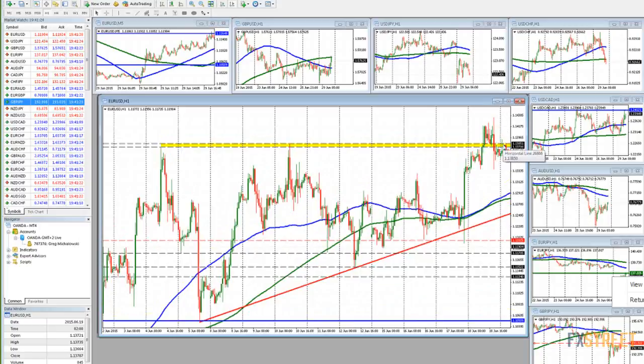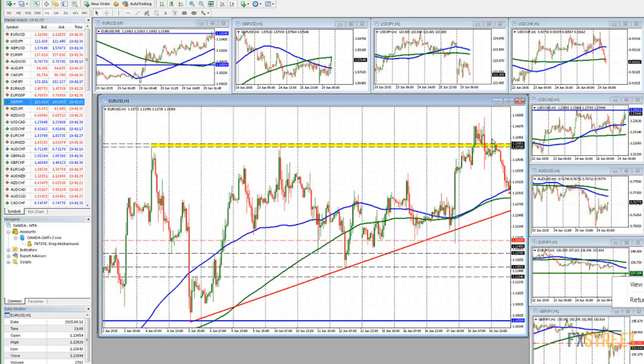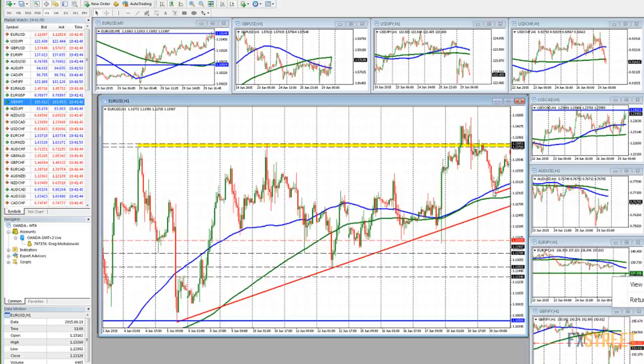This was a Greek headline that came out. I remember it clearly because I earmarked this area right here and said, is that it? Is that all the euro could do above that level? But some Greek headline said, Greece calls back the EU officials for a meeting. We saw this. This is a first hour trade and it started to rotate to the downside. Note here, we got up to about the 86 level, just above the 85 level, and boom, started to rotate to the downside. This is a trend type move that is worth